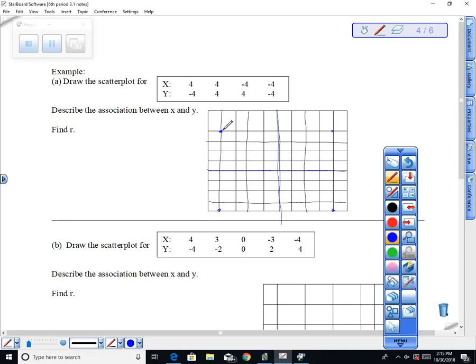Okay. Now you can put it in your calculator, and I encourage you to do so. But it's going to be 0 because there is not a linear relationship. So in this case, you don't really have to talk about direction and strength because we don't even have the form, right? So there is no linear relationship